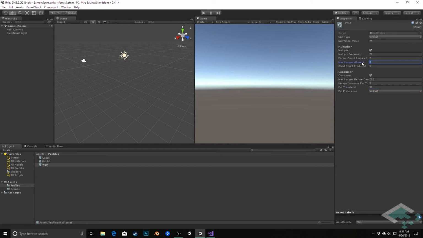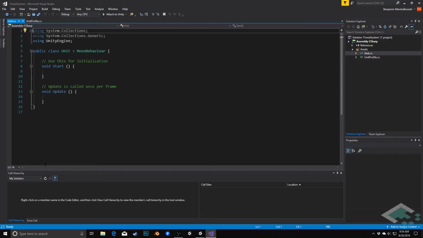It's their maximum hunger that'll be halfway between full and death, so we'll put that at 100. Okay, so that gives us all of our stats that we have created in our unit profiles. Now we can start to create our units themselves. So if we open up the units,